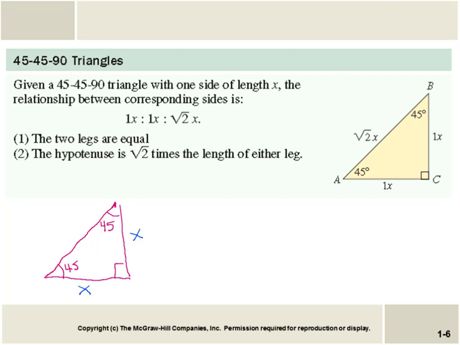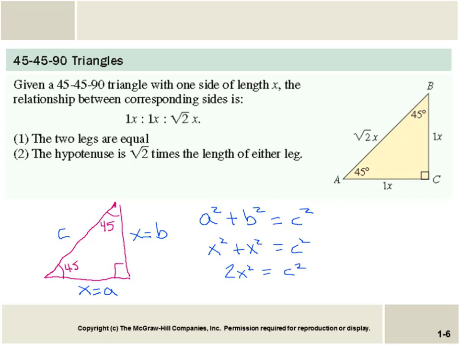Okay, and I'm assuming that all of you know the Pythagorean theorem, which says that a squared plus b squared equals c squared. This is only true for right triangles. So I'll make this a, I'll make this b, and I'll make this c. Now I can say x squared plus x squared equals c squared. 2x squared is equal to c squared. And again, x squared equals c squared over 2. So x is equal to the square root of c squared over 2, which is equal to c over the square root of 2, which is equal to,